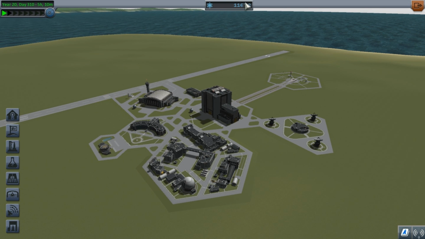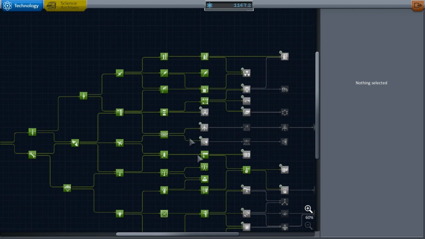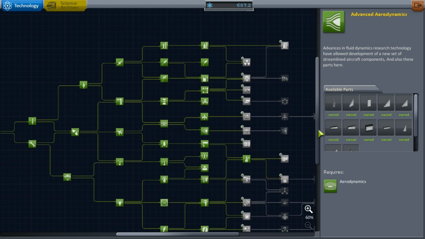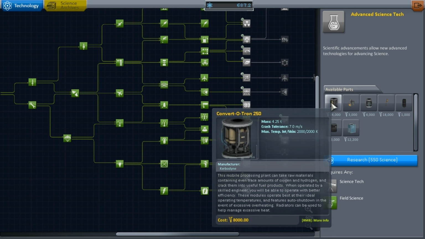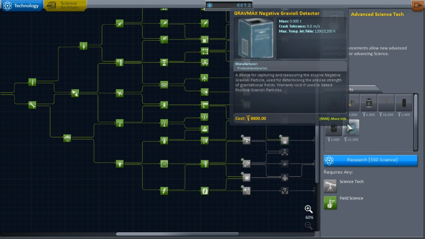Let's go ahead and go to the Space Center and see how much science that mission yielded. I'm going to guess quite a bit. Look at that, 1167.2 science. That is a lot of science. Now, what can that get us? Well, we can get everything else on this part of the tech tree, and we have 600 left over. That'll get us 2 of these, or a very heavy rocketry if I wanted, or advanced motors, or all sorts of other things. I could use this to start mining, which would let me...